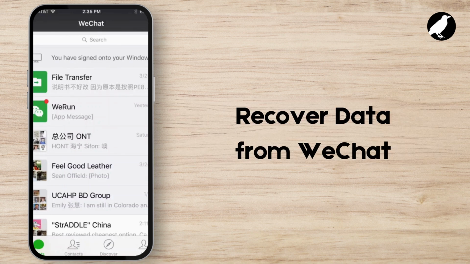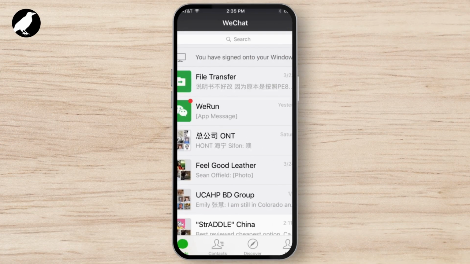How to recover data from WeChat. In today's video, I'm going to show you how to recover data from WeChat on both Android and iOS devices. Whether you've lost your chats or media, don't worry, I've got you covered with step-by-step instructions on how to recover